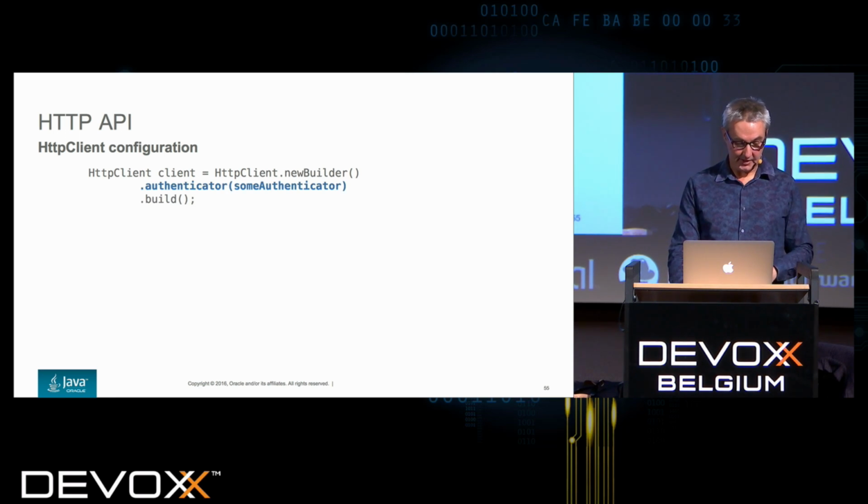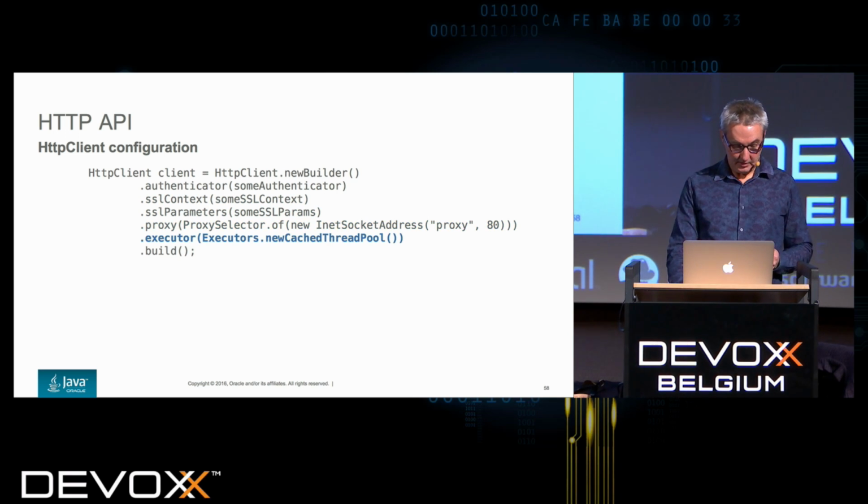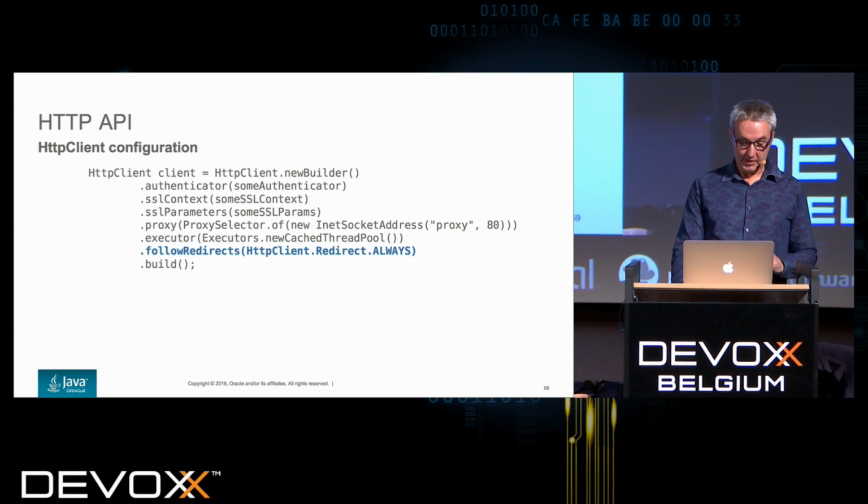You can set various things like a java.net Authenticator or SSL parameters, the SSL context or SSL parameters to be used for requests sent on this client. You can set a proxy, an executor, which is the object that will be invoked to provide the threads for asynchronous operations sent through this client. You can set the redirection policy,